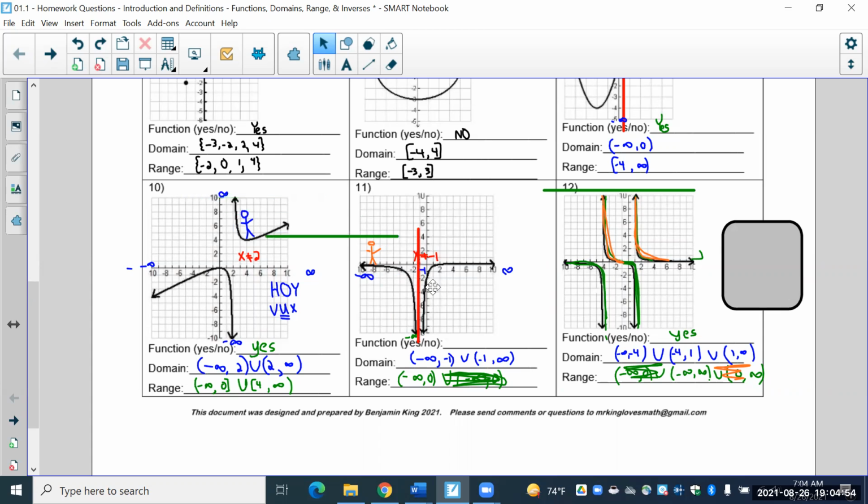Now, the interesting thing about the range here is students will frequently say the range is -infinity to 0, but there's 2 of them, so they write them both down. But you don't want to write them both down because it's repetitive. So you'd cross this one out. So the range is -infinity to 0. Okay, and then this one is the same thing, but there's 3 of them,